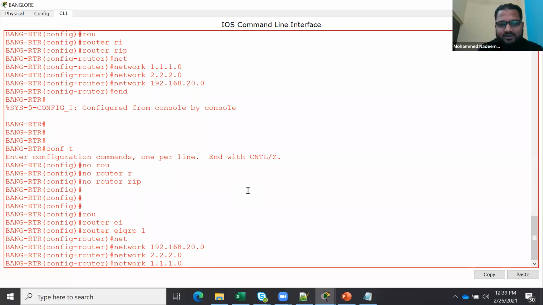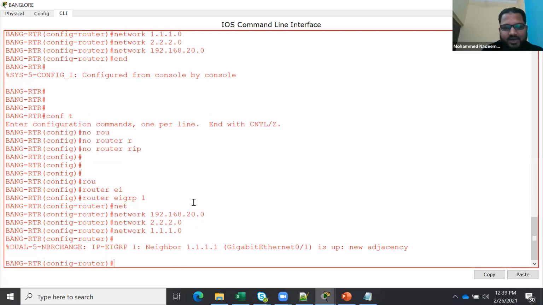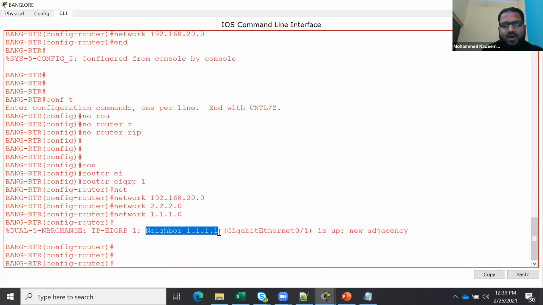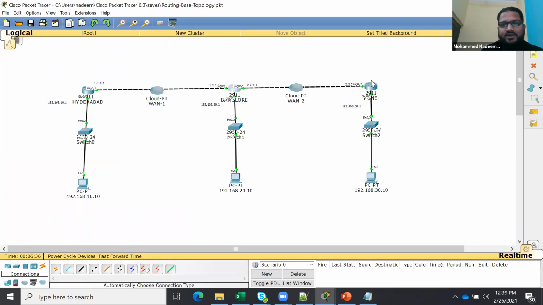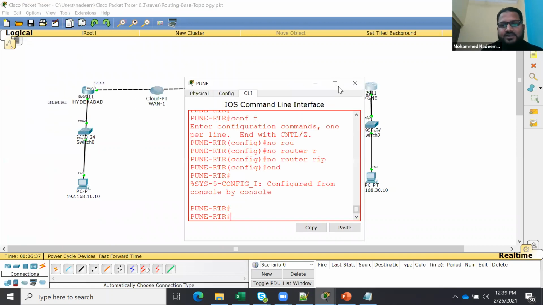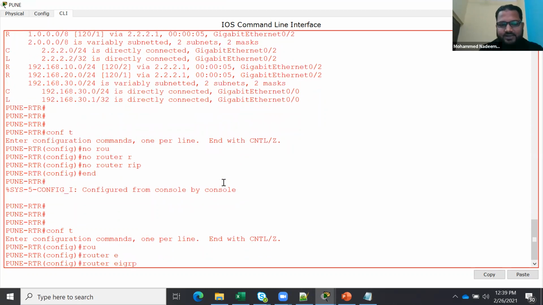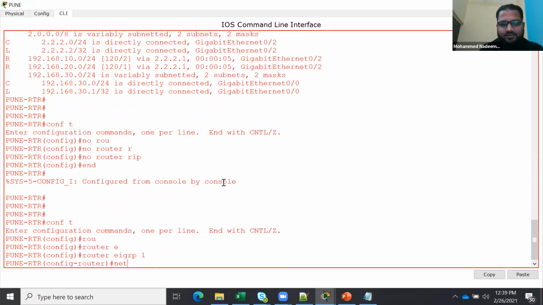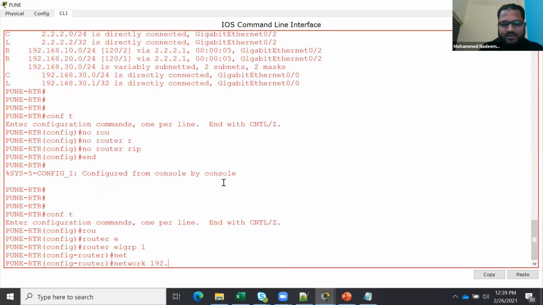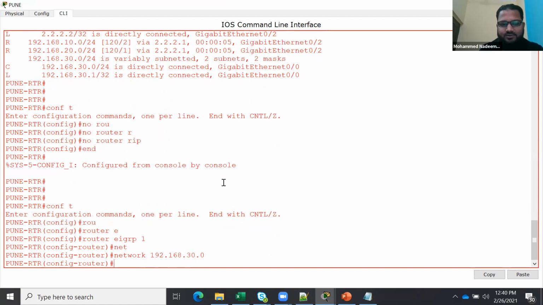What will happen? See here. When I add that, immediately I got the neighborship. See how quick EIGRP is. That's the difference between EIGRP and RIP. Similarly, if I go here in Pune, router EIGRP 1, network 192.168.30.0, and now see here I'm just adding the WAN, 2.2.2.0.